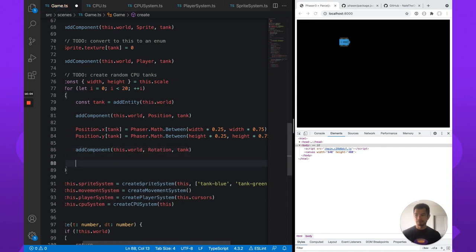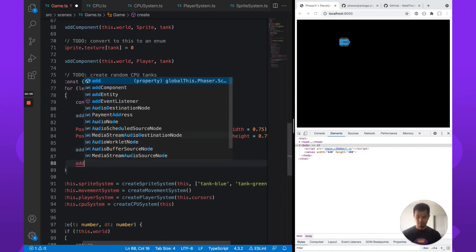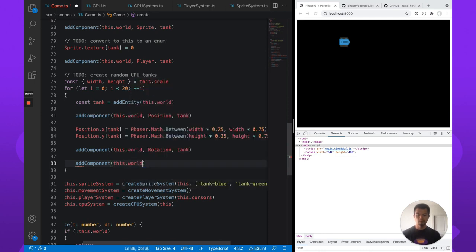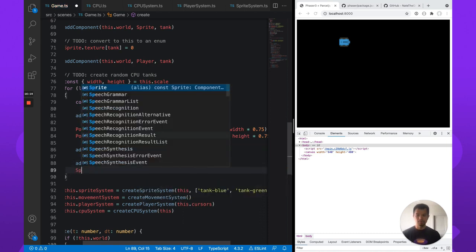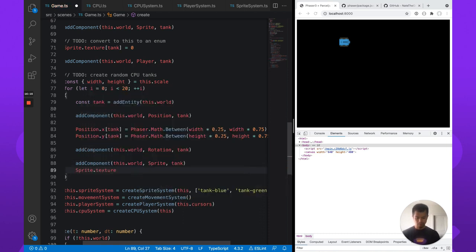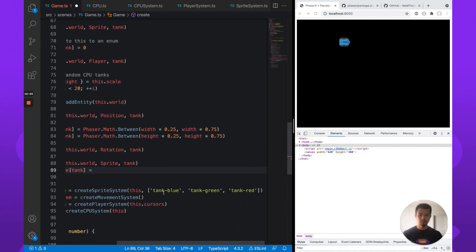and add component this.world sprite, tank, and our sprite.texture index into tank. That's the ID. Entities are just IDs, and we're going to just give it some value between 0 and 2, since our